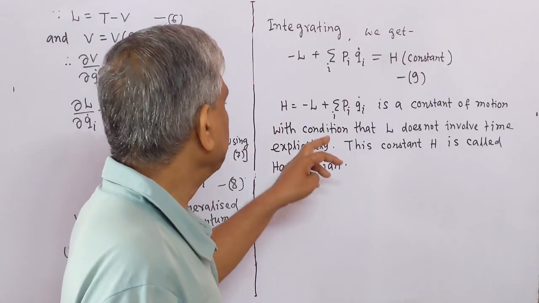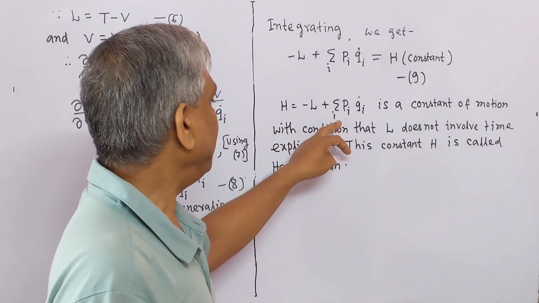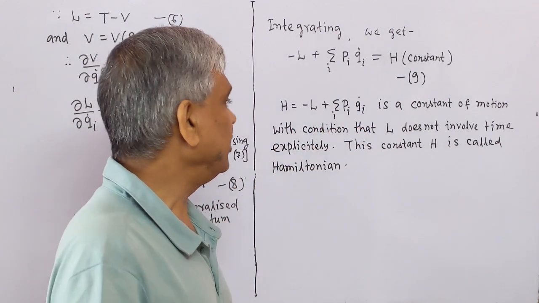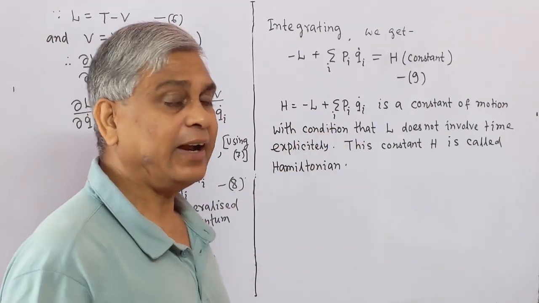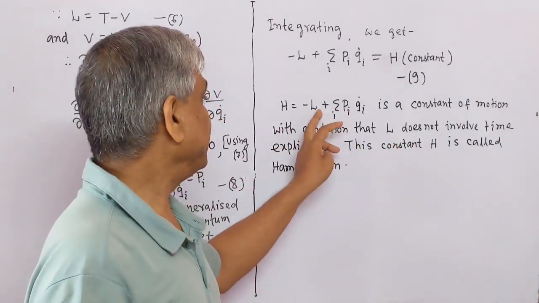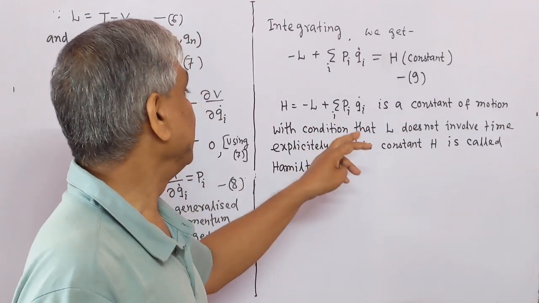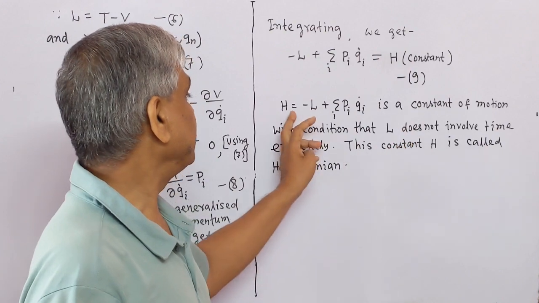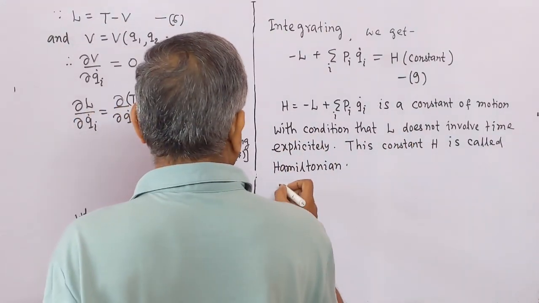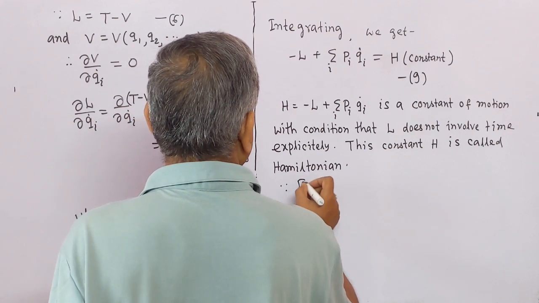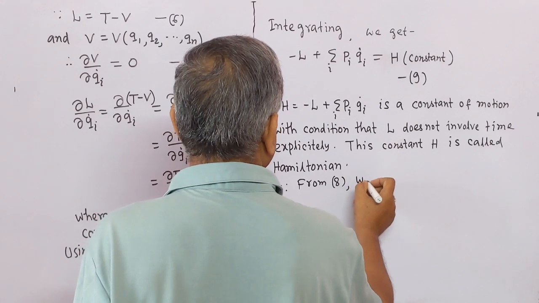9. H equal to minus L plus sigma i pi qi dot is a constant of motion, with the condition that L does not involve the time t explicitly. This constant h is called the Hamiltonian. Since from 8 we have